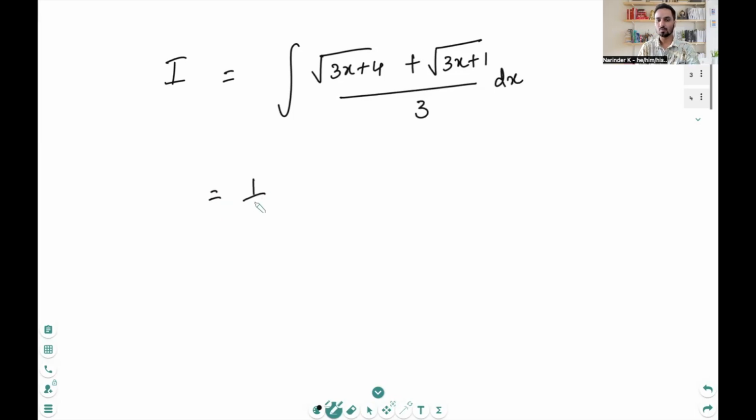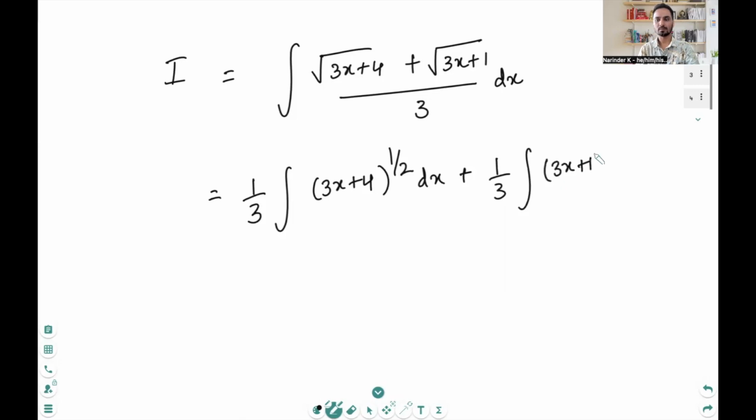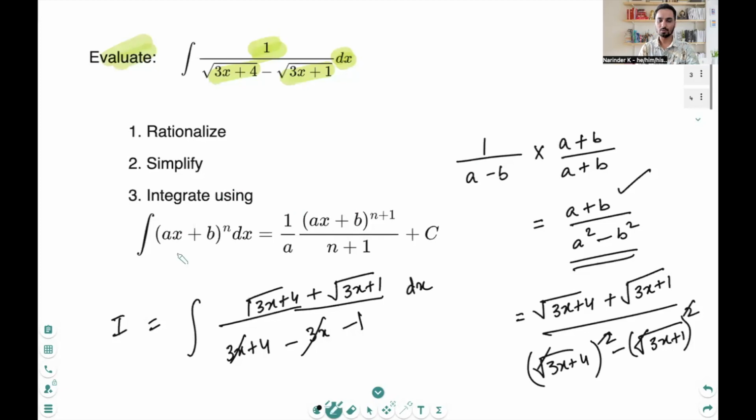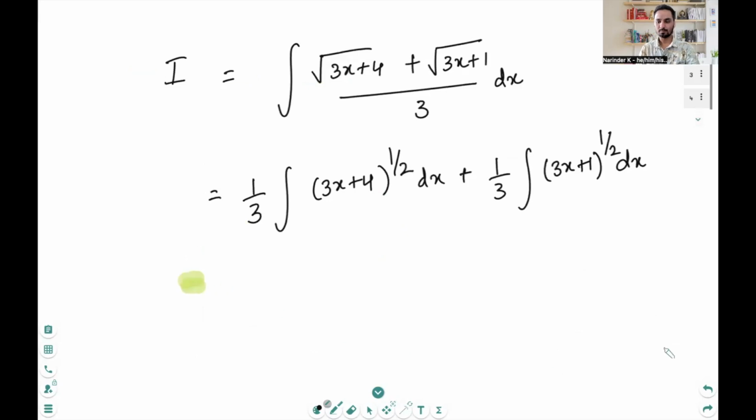Now, this can be written as 1 over 3, and we know that square root means power 1 over 2. That means we can write the first expression as integral of (3x + 4) raised to the power 1 over 2 dx, plus 1 over 3 times integral of (3x + 1) raised to the power 1 over 2 dx. And as discussed, we can use this formula: the integral of (ax + b) raised to the power n dx is 1 over a times (ax + b) raised to the power n + 1 divided by n + 1. Applying that formula,